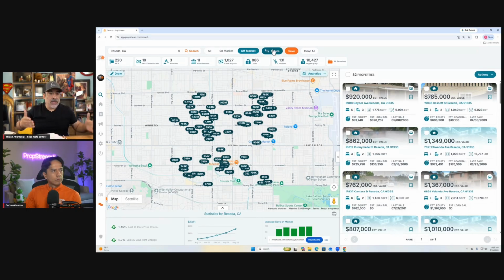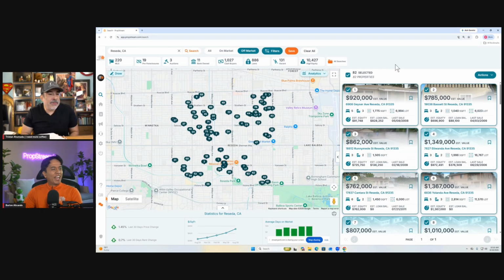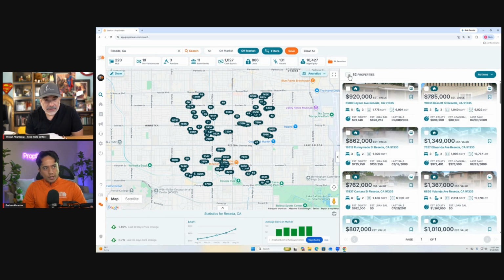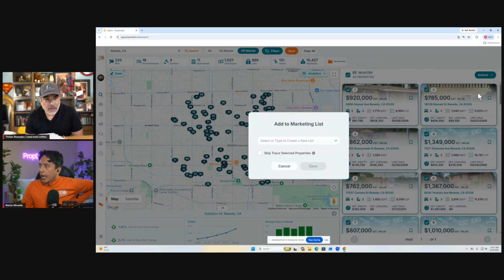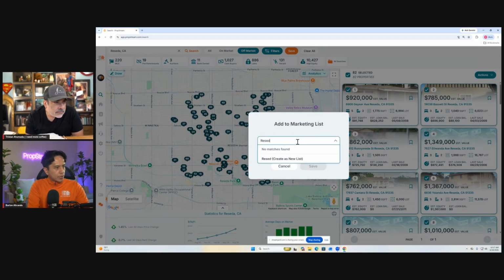All right. Now we've got Reseda. I see Karate Kid's house there. Mr. Miyagi's. I could see his cars from the top view here. So we have 82 targeted landlords with multiple properties. That's, again, part of our filtering. Okay. I've highlighted them. So we're going to check them all off and then now go to actions and save it. And then to Andrew's point earlier, once I name it, so we'll call it Reseda Tired Landlords, right,